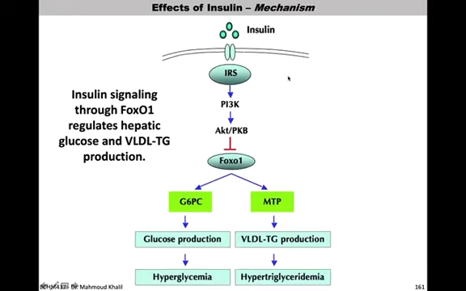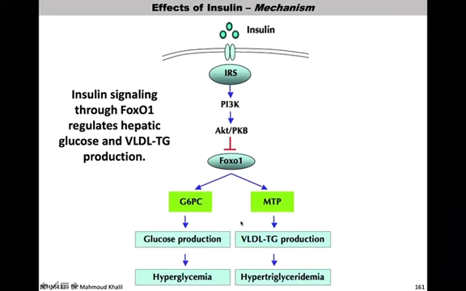So let's see here the mechanism. Insulin binds to the receptor, activates PI3 kinase, which activates the AKT protein kinase. This AKT protein signals through FOXO, because it actually inhibits FOXO1. So what's FOXO1? FOXO1 has a major role in the formation of glucose 6-phosphate